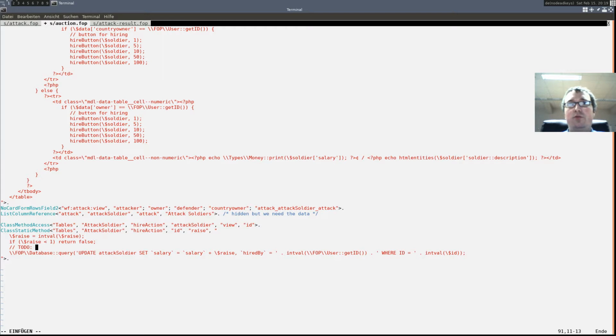To do: check if user has the money, add money, remove money from pocket.